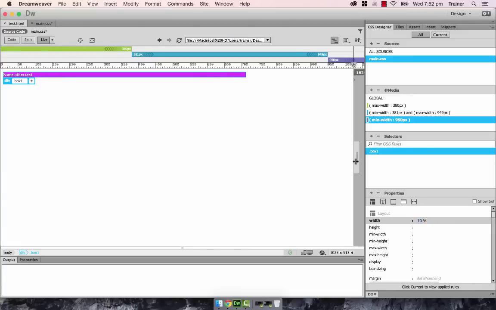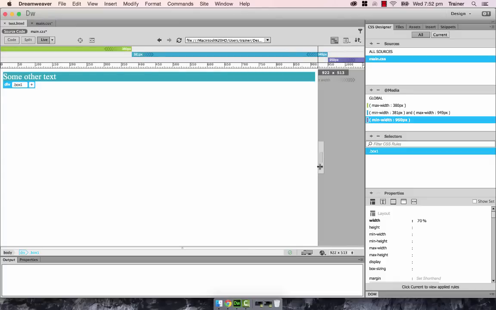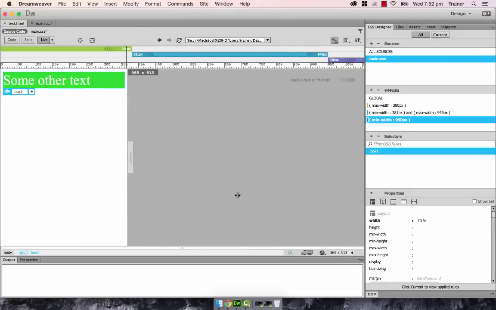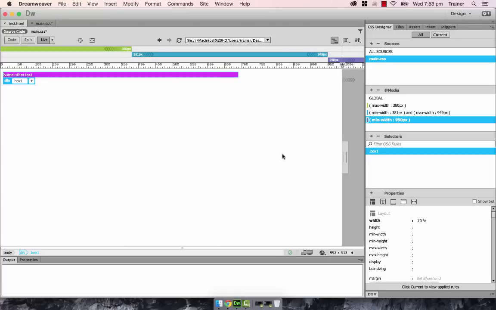Let's scroll it down to tablet. You can see it's back to 100. So desktop 70%, but at tablet it's taking the full width up. Same on mobile. Let's look at one of the other things you need to be aware of when you're doing a responsive site